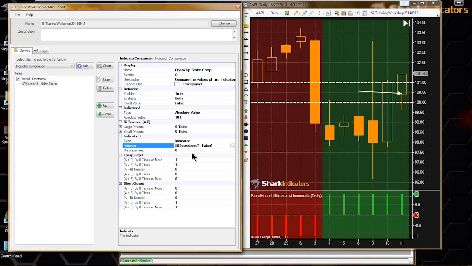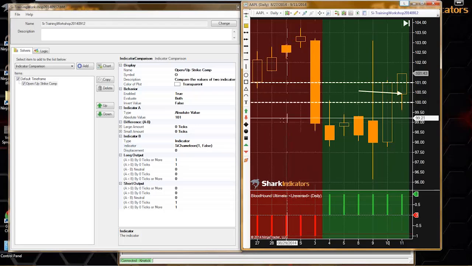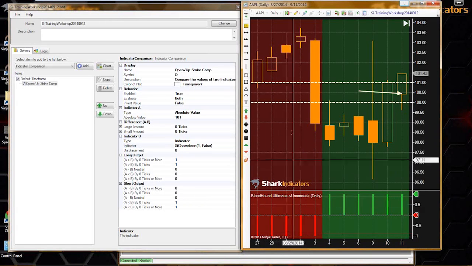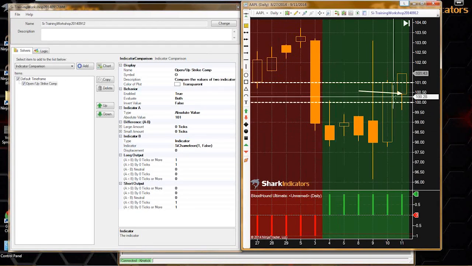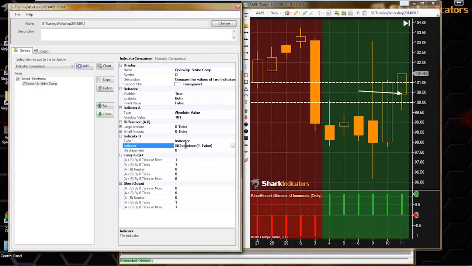I had to, in building this, make a decision: I'm going to try and get BloodHound to give me a long output when the open price is closer to the upper strike price, and a short output when the open price is closer to the lower strike price. All right. So now that we have our two pieces of data set up,